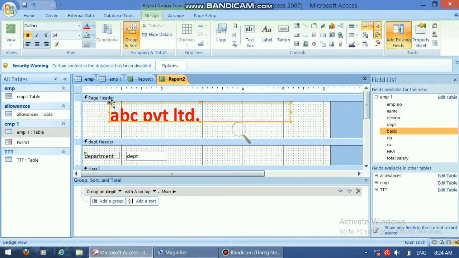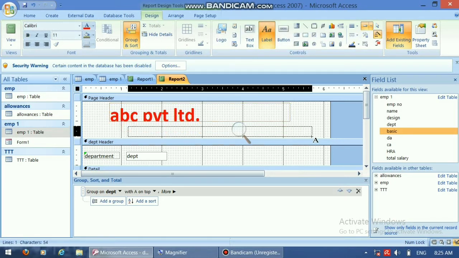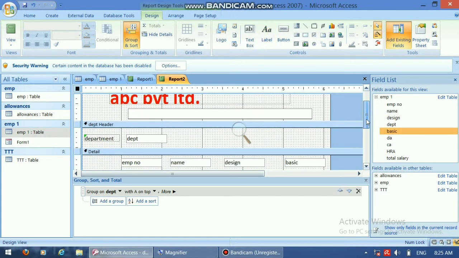So labels. The first field is employee number. You can write the complete Employee Number, and just give space, and Name, give space, Designation, then some space, and Basic.